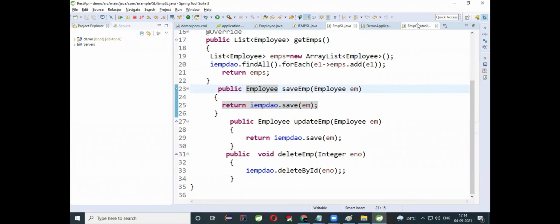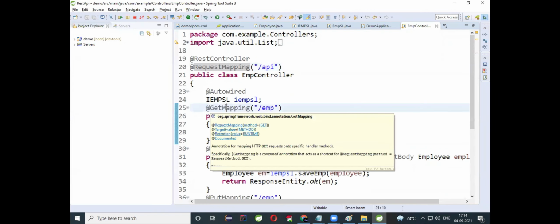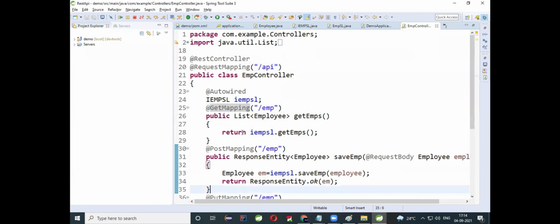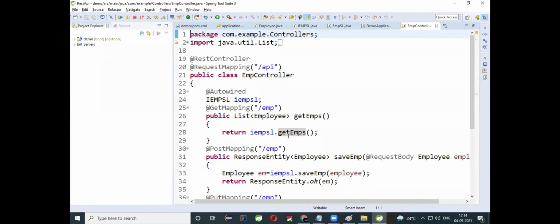In EmpController.java, if you observe clearly, the first one. Here you have to decorate these RESTful service methods with HTTP annotations like GetMapping, PostMapping, PutMapping, DeleteMapping. These are all ready-made methods that are available. Is it clear? What is REST? It is Representational State Transfer. The main purpose is to consume the services by using the ready-made methods available in HTTP. HTTP is a communication protocol used to create the communication. It is responsible to submit the request to the server and to get the response back from the server.